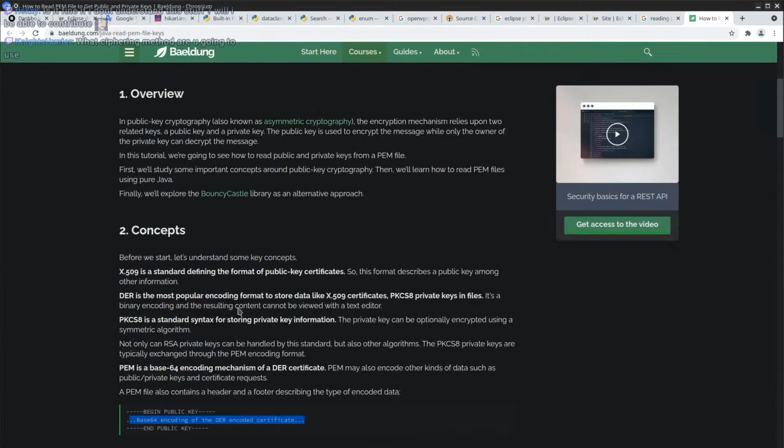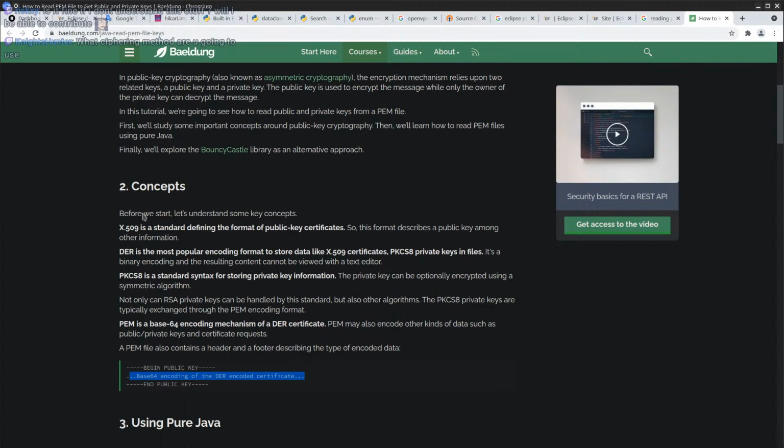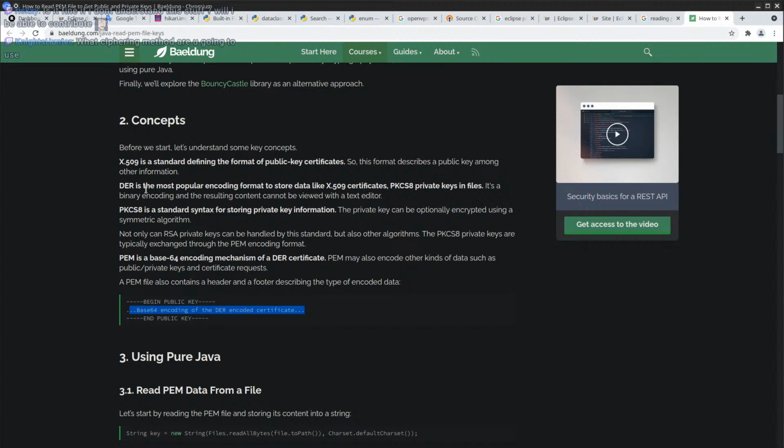Okay, let's read on. Let's understand some concepts. X509 is a standard defined to format public key certificates. This format describes a public key among other information. There is the most popular encoding format to store data like certificates.